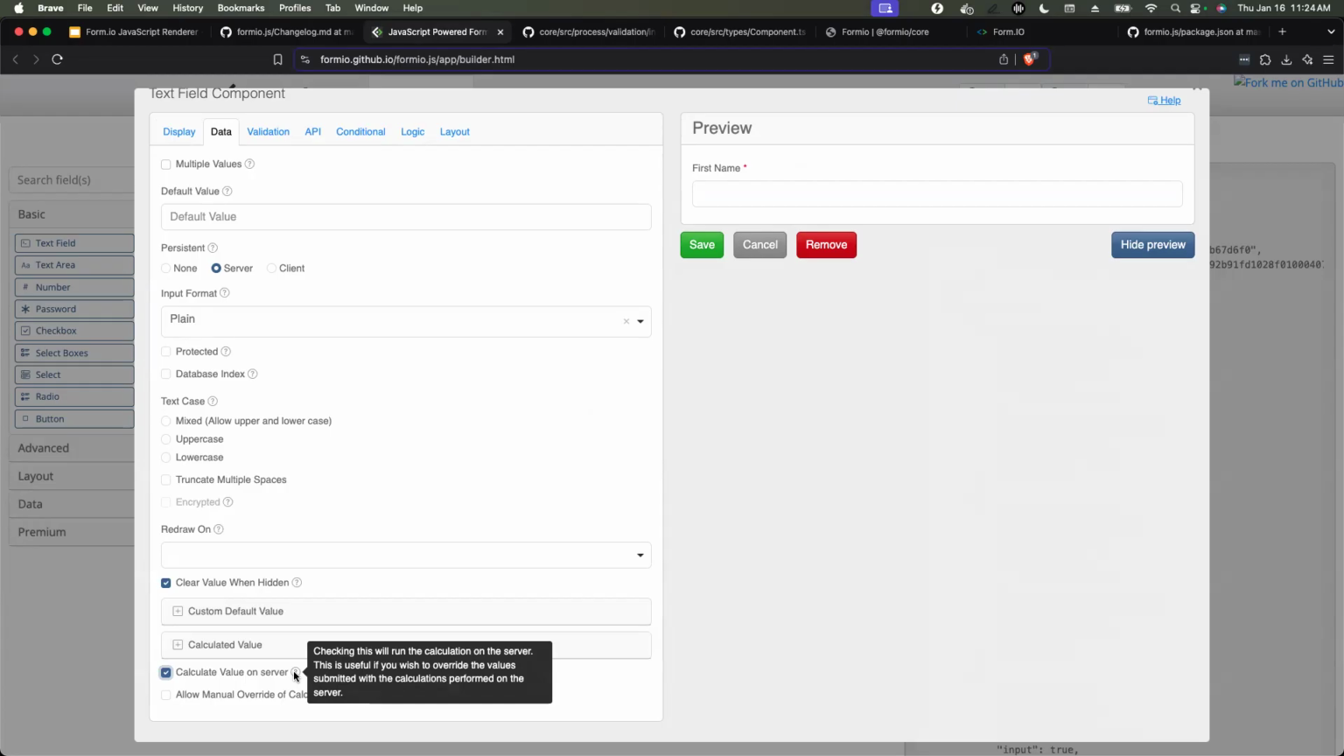This is actually very important because sometimes you may not want to perform calculations on the server. Sometimes you may want the server, based on what it receives via API, to take those as the values. Whereas other times you might want to force the calculations to occur on the server. For example, if you don't want somebody to be able to manipulate data via POST API that should be calculated, you can check this and then it'll force that calculation to also occur on the server as well. The reason why I bring that up